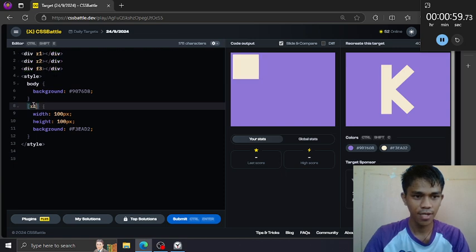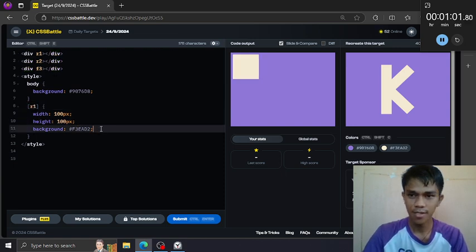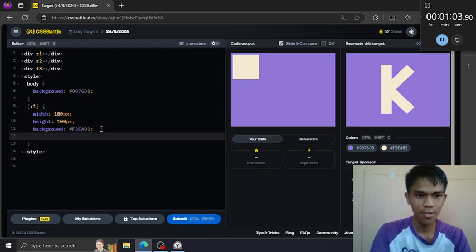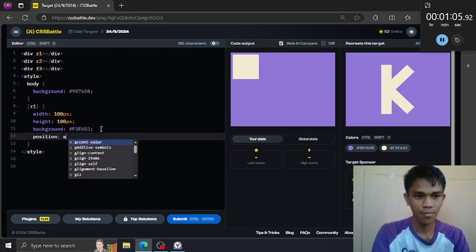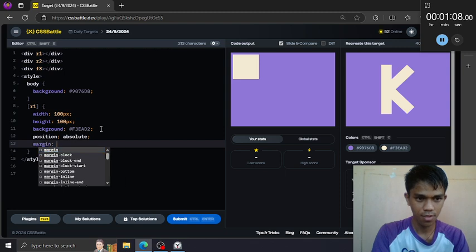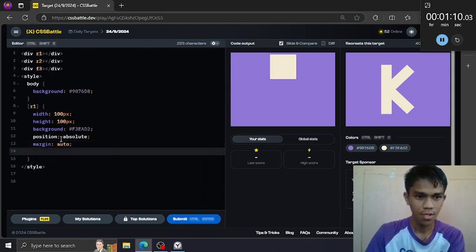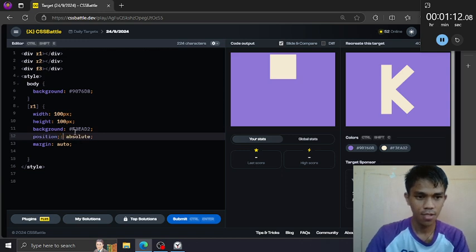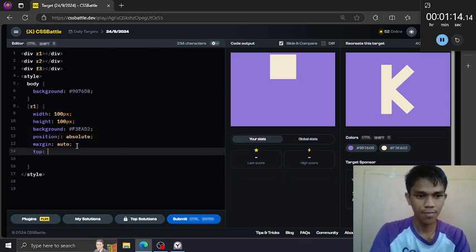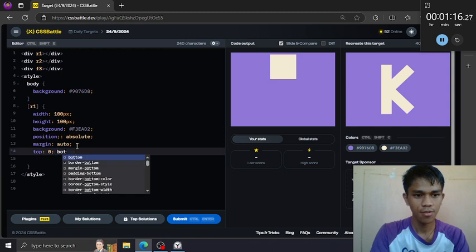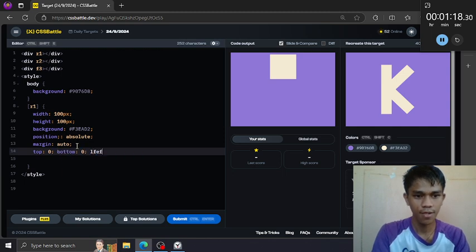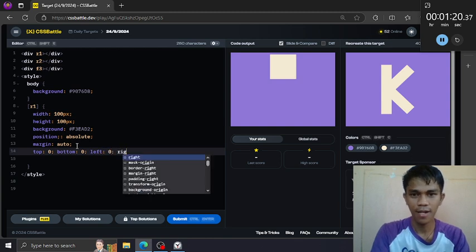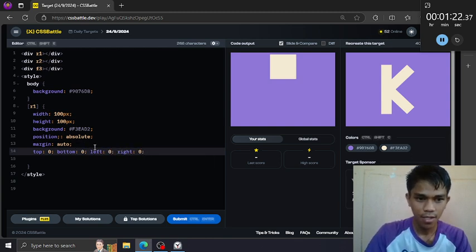Select the R1 attribute, then put this on the center. Position absolute, margin auto. This is colon, then top 0, bottom, left, and right. Why is this?